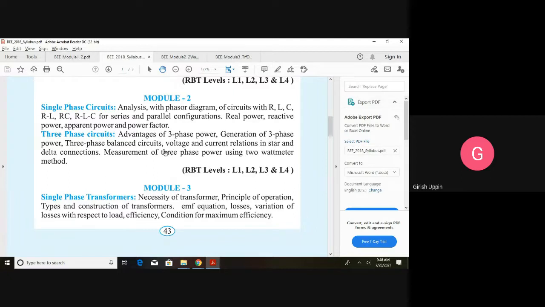If you understand and memorize this properly, you can attempt the theory question as well as the problem. Similarly, there will be problems based on the star and delta connection. Once you have a better understanding of what is star and what is delta connection, what is line voltage and what is phase voltage, and what is the relation between them, then it's very easy. So all those things we are going to look at in today's class.